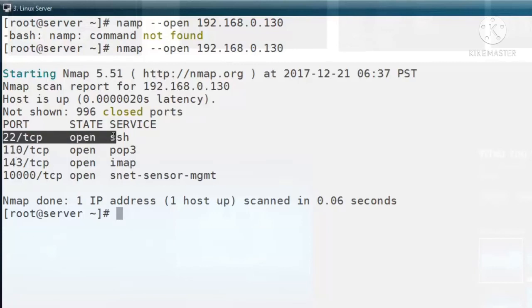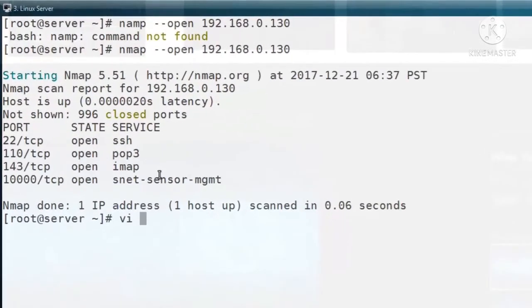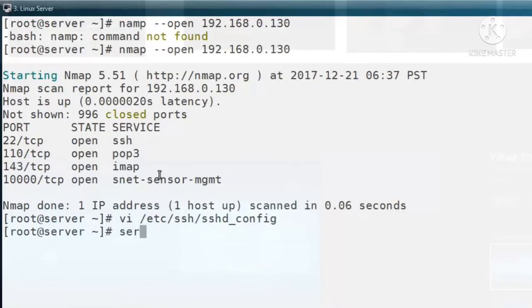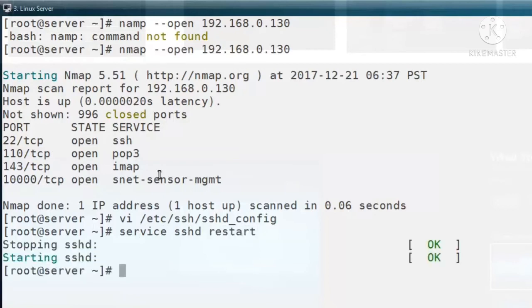So friends, please be careful. Anyone can scan our machine using this nmap command. This is only for security purposes. For example, I want to change the port number of the SSH service from the default port number 22 to 9363 and then start the SSH service on this machine.